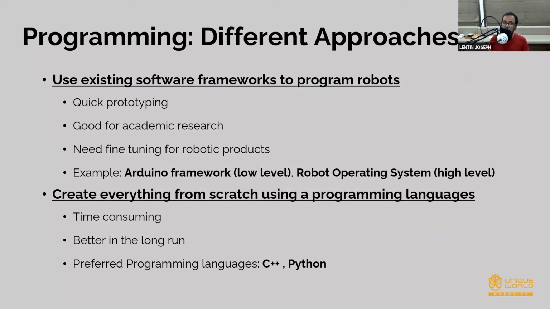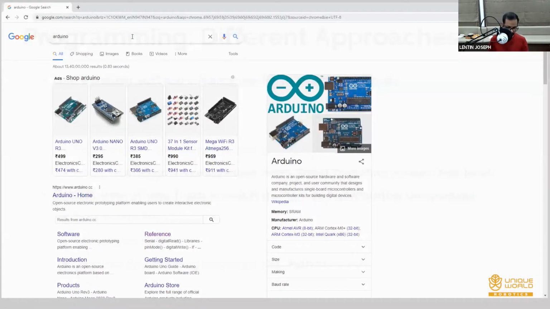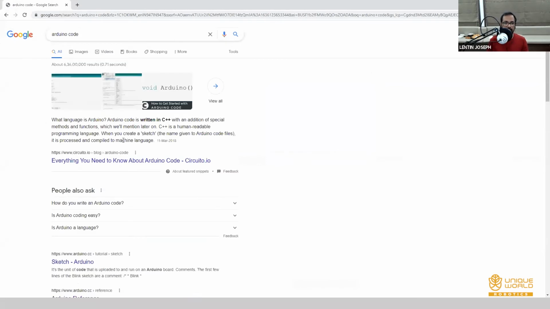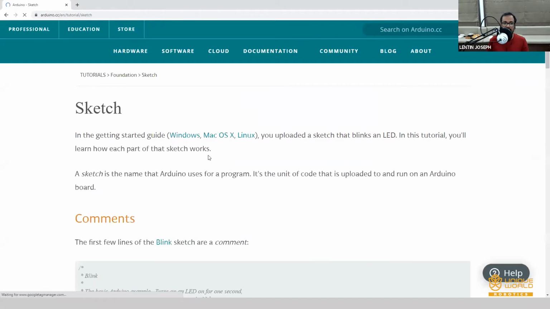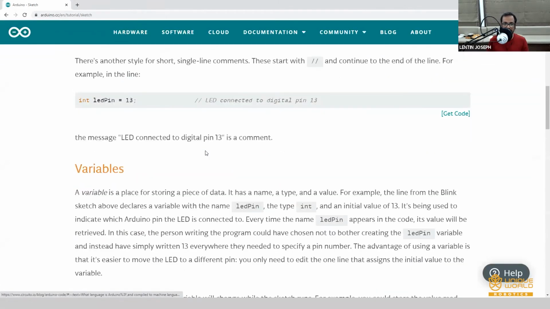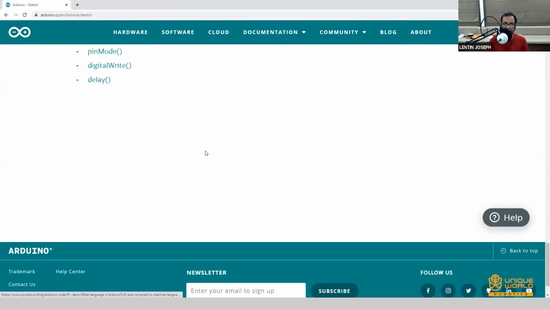So we don't need to write the boring assembly language. And if you are not familiar with embedded C, then you don't need to write that kind of code. It's actually very easy to work with Arduino code. If you have seen Arduino code before, I think you will understand. You can create sketches like this. It's a very easy way to implement.